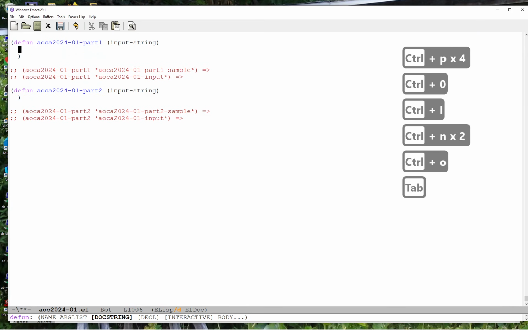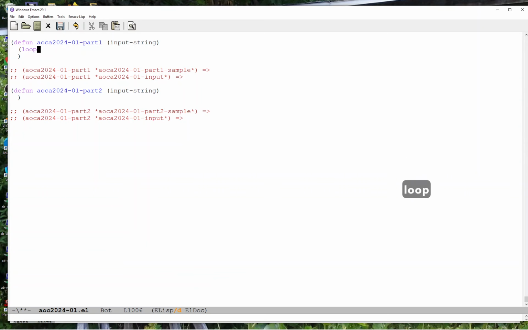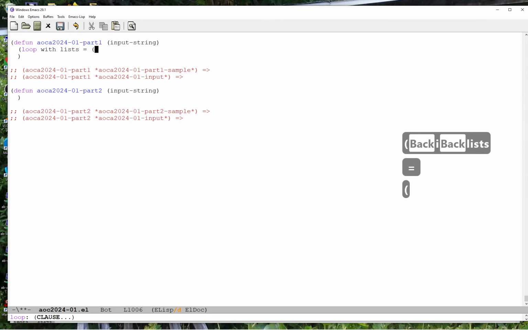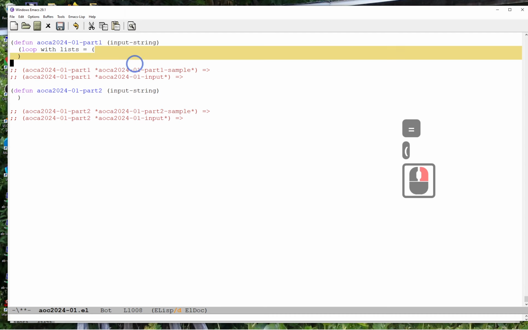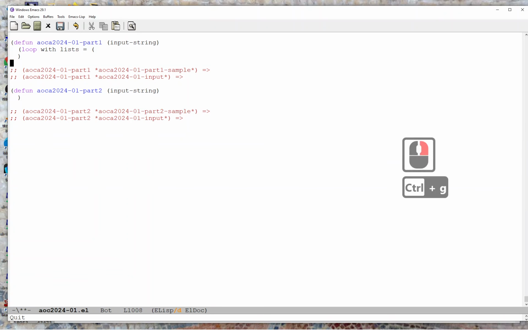So the first thing we need to do is we need to get the numbers out of the lists. And as I said, I use loop macro. I'm going to say loop with lists equals, and I'm going to do that by basically reading all the numbers from the string. Input string is just the string of text, the two lines of, the lines with columns of numbers. I don't know why that got highlighted. I don't know why I'm down here either. Something weird happened either on my keyboard or my mouse. Anyway, loop